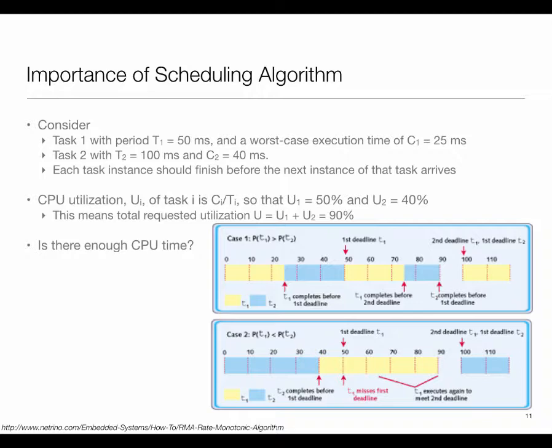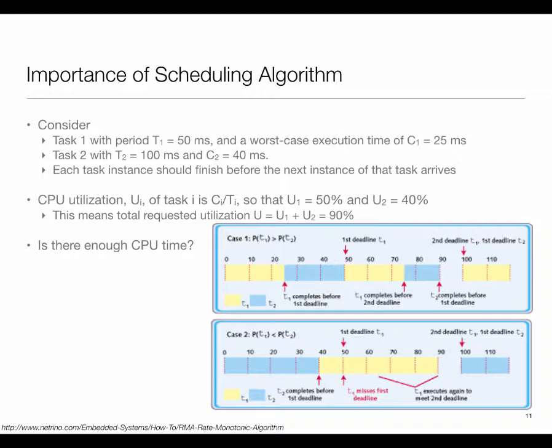At 75, I will give the CPU back to task 2. And now it needs 15 more units of time. It will get it. And then here the CPU is lying idle. You can imagine at time 100, I will have a new copy of each one of the tasks arriving, so it's as if the whole cycle will repeat after that. Based upon this kind of simulation, we can at least convince ourselves that this system is schedulable.